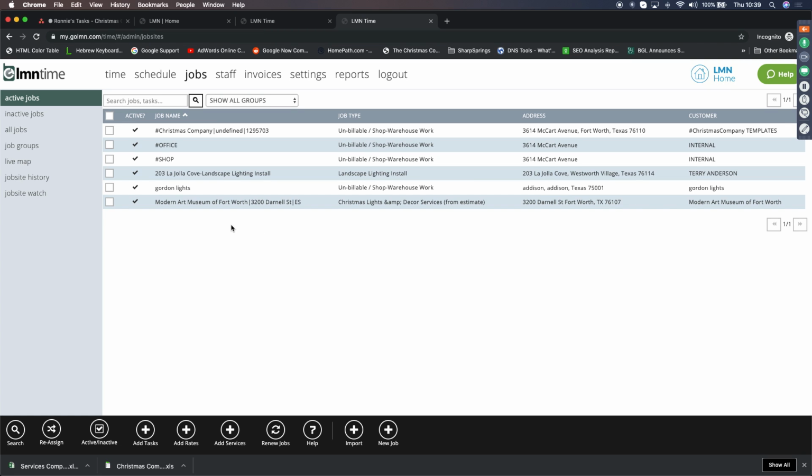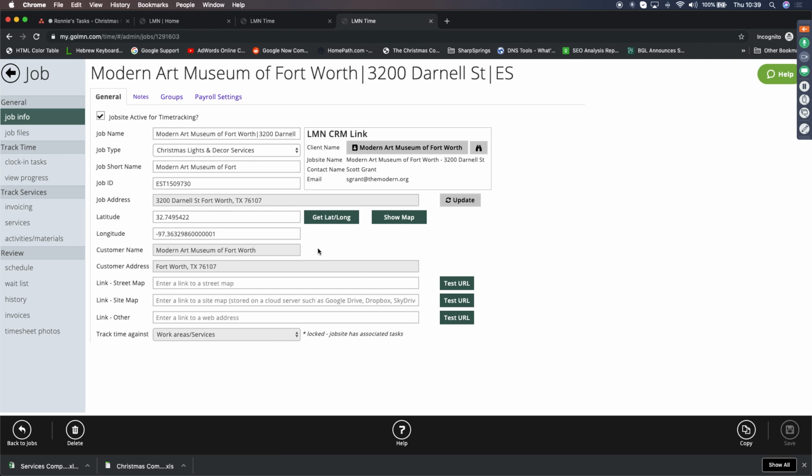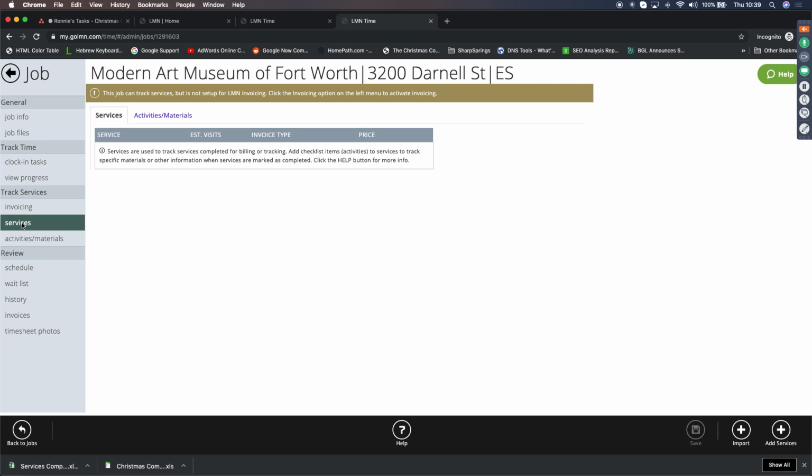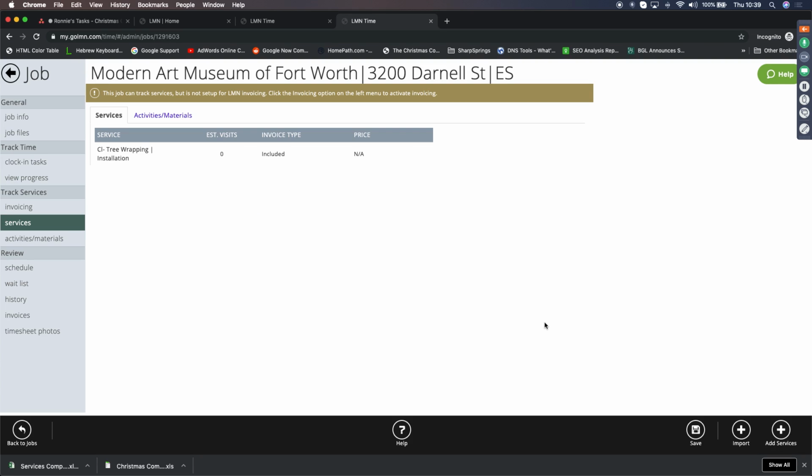Click on the job that we want to add it to, then go to services, and go down to the bottom right and add the installation service. Oh, didn't I do that already? Maybe we didn't save it, and then hit add. Okay, and now hit save. Okay, maybe I didn't hit save. And then go